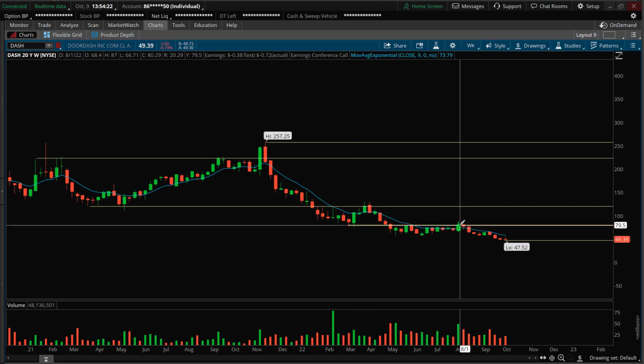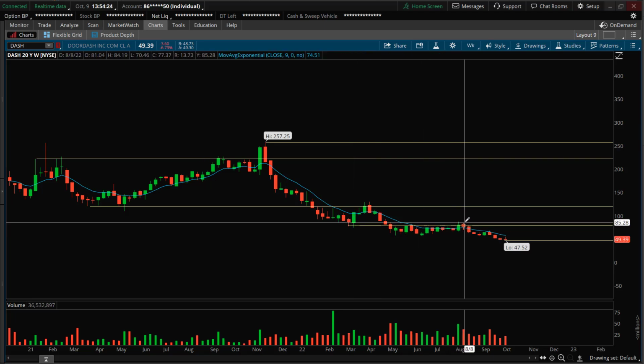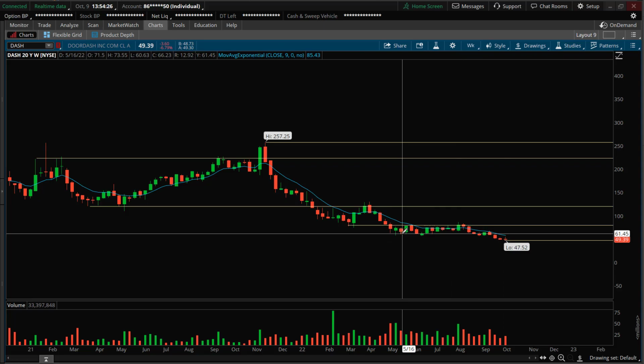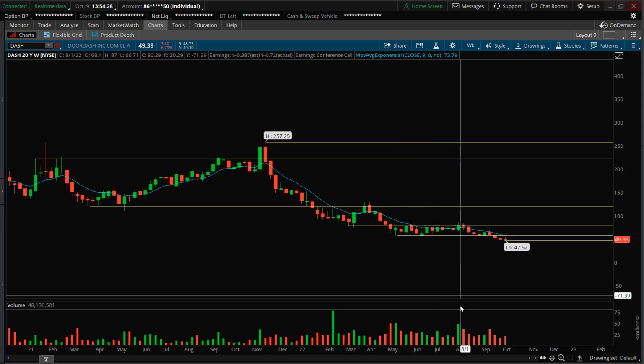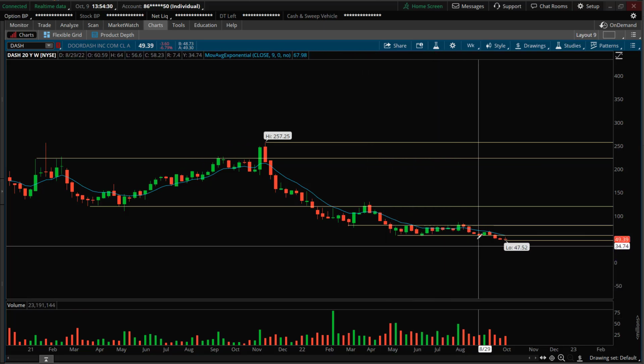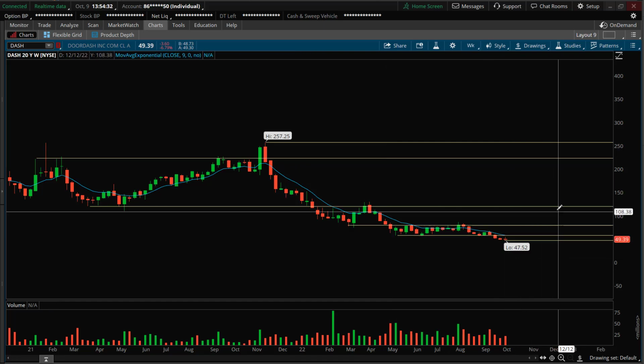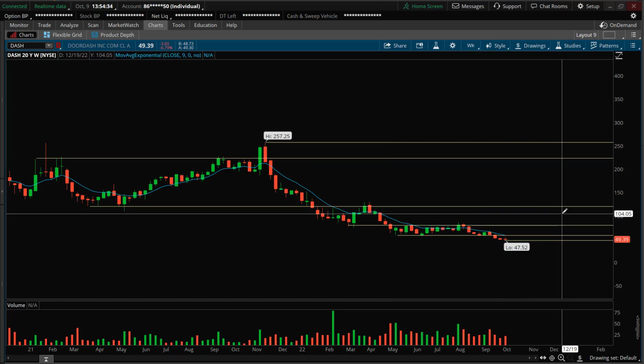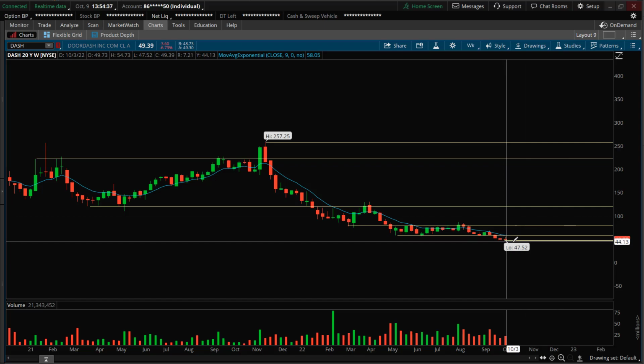Price goes out to the future. What did it do here? Price went up, rejected, fell back down. So you can have these levels over in here. So I mapped these out because I don't know what price is going to do in the future here with DoorDash, but when I look at these levels, you can see a forming of a base right here